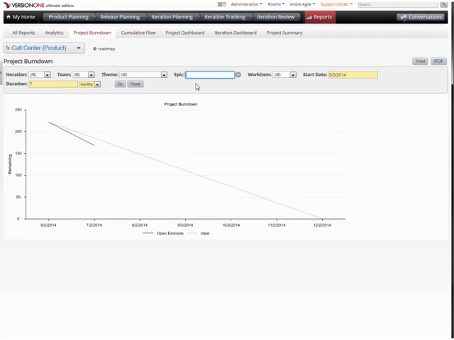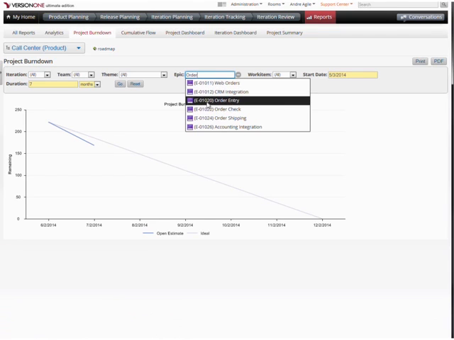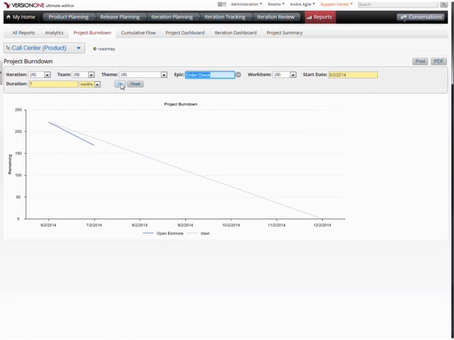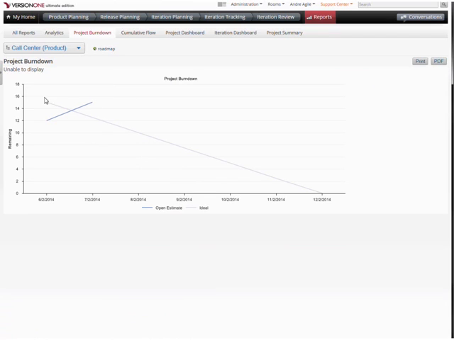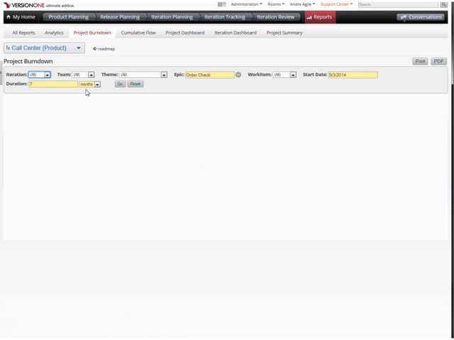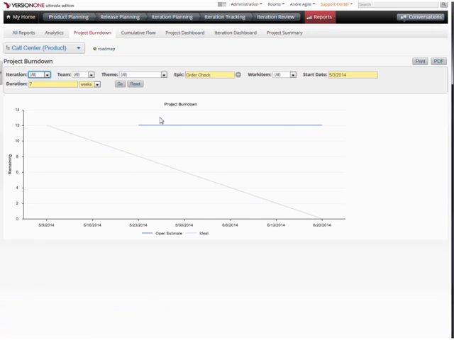On the reports page, the project burn down that we talked about earlier can be filtered to an epic. So if we want to look at our order check, well, we may need to increase this or change these dates and periods. It's probably not going to take 7 months. Oops. Let's try